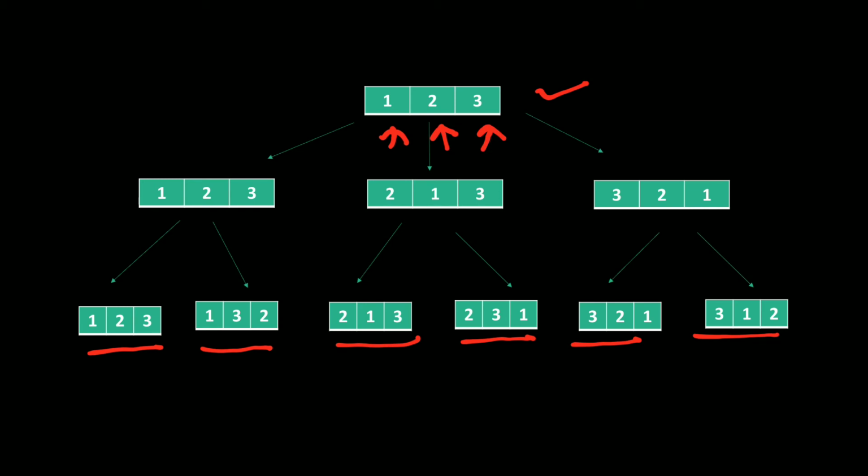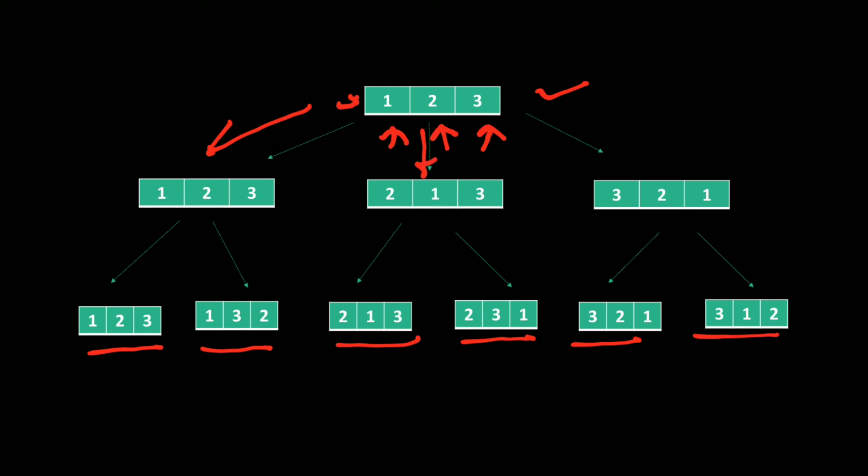So let's see how this example works. We took the first position, that is 1, and we swap it with 1 itself. So it gives 1, 2, 3 only because no change will happen. Now we took the first position and second position. On the first position it was 1 and on the second position it was 2. So we swap them both and we get this result.